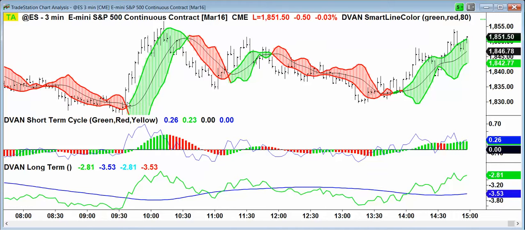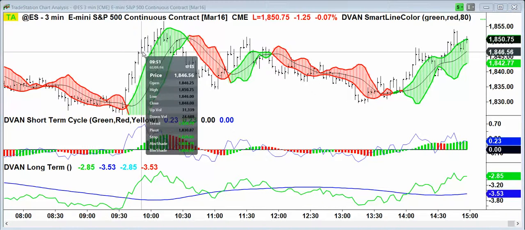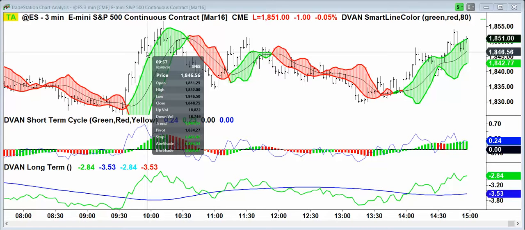But as long as these two lines are expanding away from each other, this top line and this bottom line here, we would be okay with holding that, because the force is still expanding, and the volume of that trend is still expanding up. As soon as this lower line starts converging back, and it's off the chart like I said, but that is actually occurring